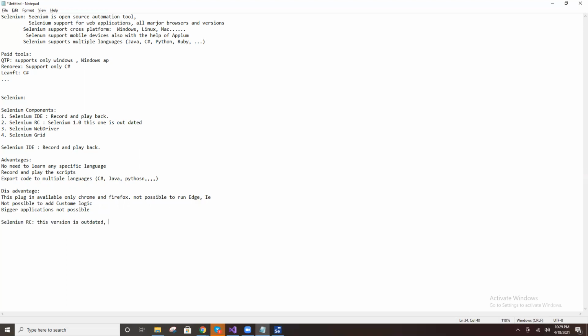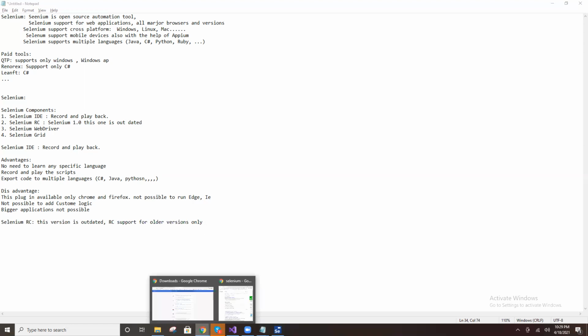This version is outdated. If you install Selenium RC, it does not support the latest browsers. It supports IE, Firefox, Chrome, Edge, but only the older versions.